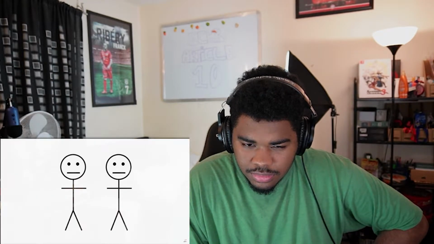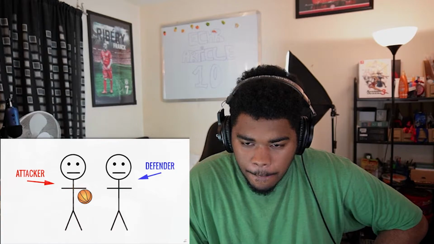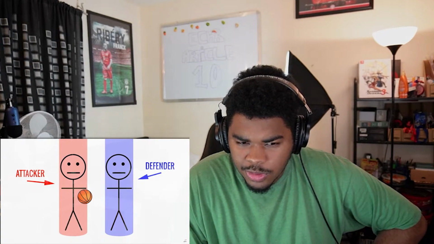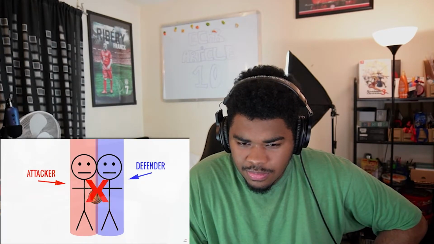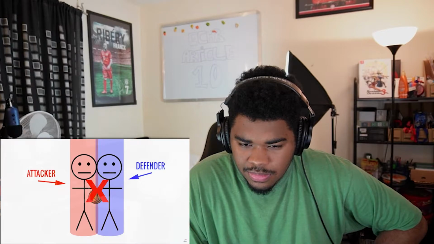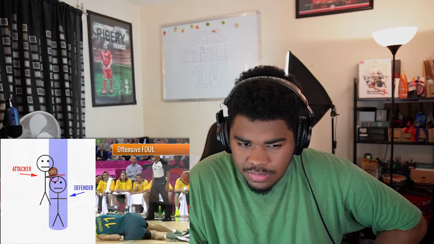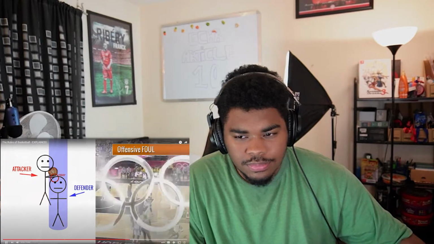Imagine 2 players, an attacking player with a ball and a defending player without the ball. Now imagine 2 giant cylinders that surround them that extend from the floor to the ceiling. Neither of these 2 players is allowed to encroach in each other's cylindrical space. If an attacking player makes contact with a defender in his space, then it's called an offensive foul against the attacker. If a